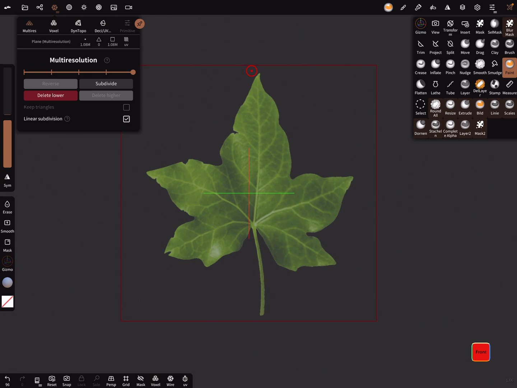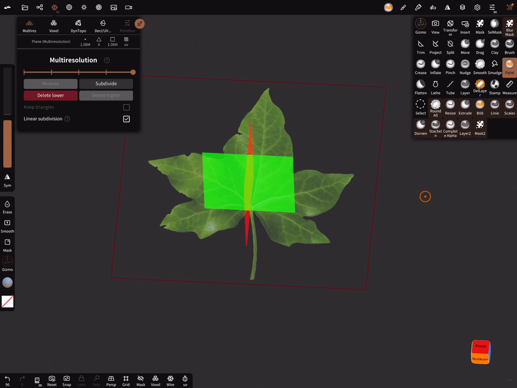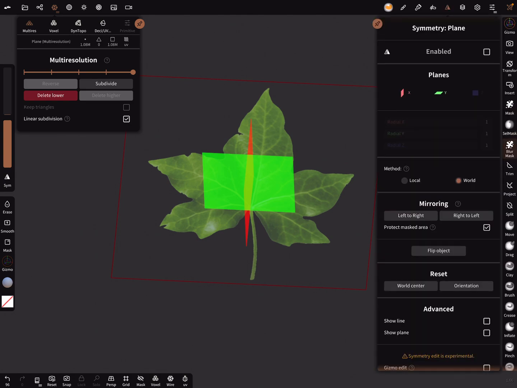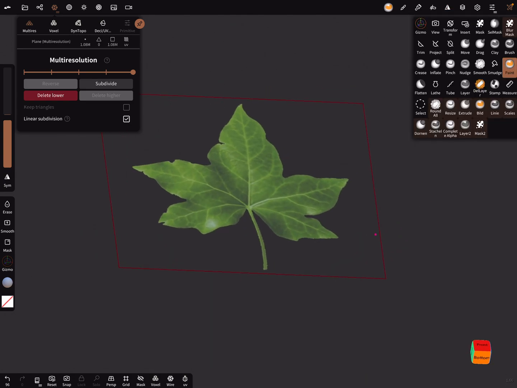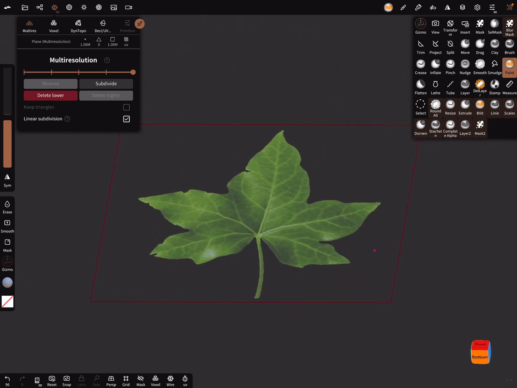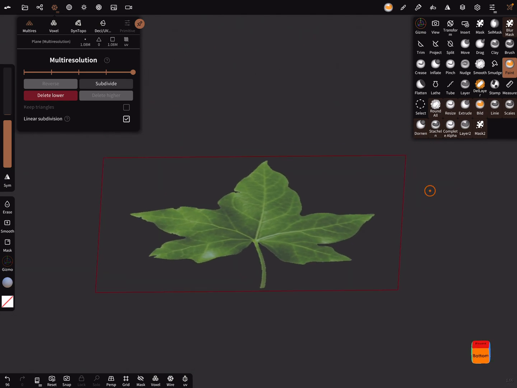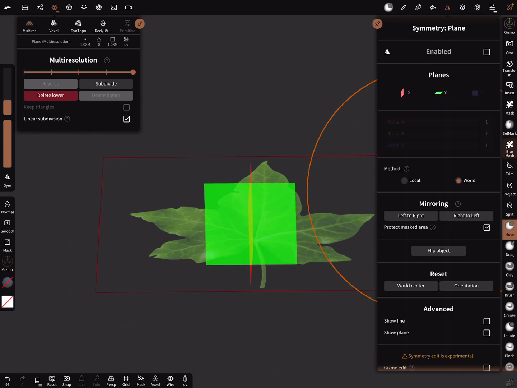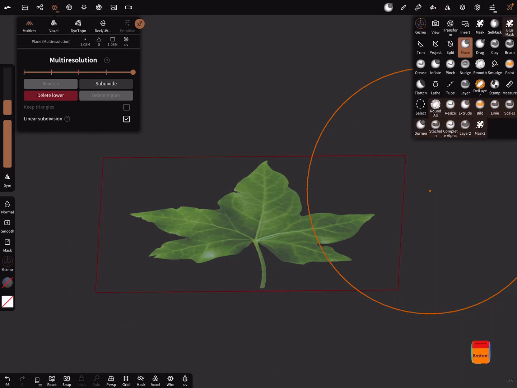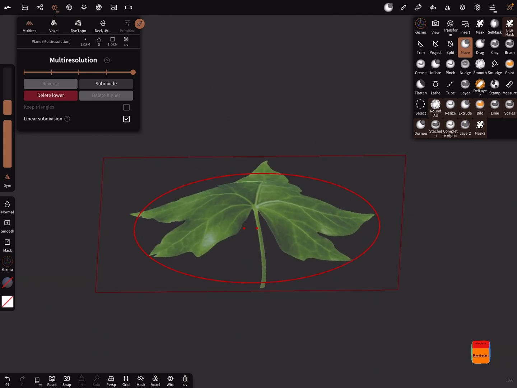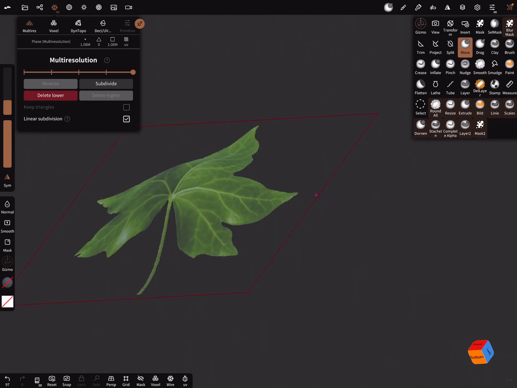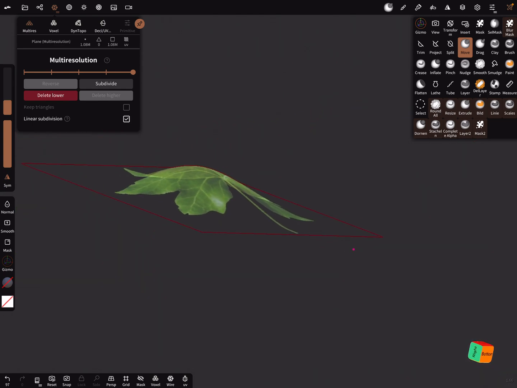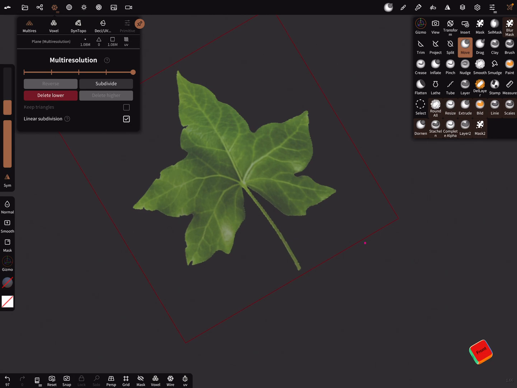And let's turn the symmetry planes off. You can use now here the move brush, symmetry on, and adjust your leaf a little bit that it has a nice curve.